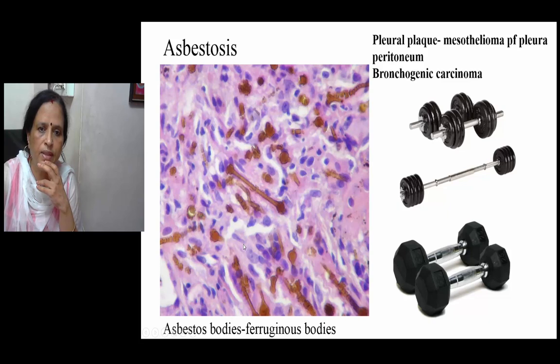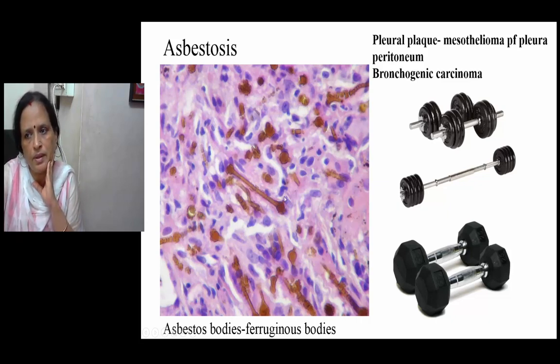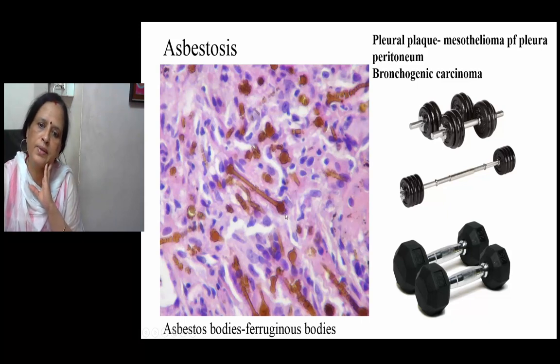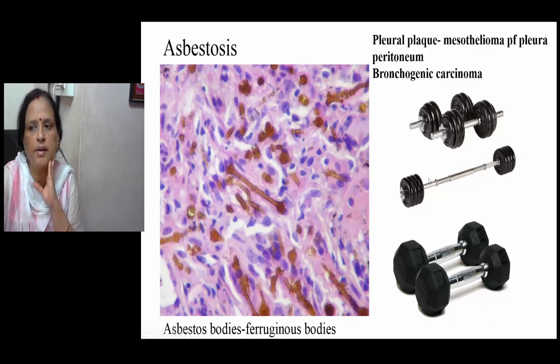So here it is very well seen, even here. We are able to see certain structures which are brownish, yellowish brown in color. And look at the shape. It's got an elongated central part with two bulbous ends. So what does it resemble? You may call it a bone or whatever, but this is resembling a dumbbell. So there are structures which resemble a dumbbell.